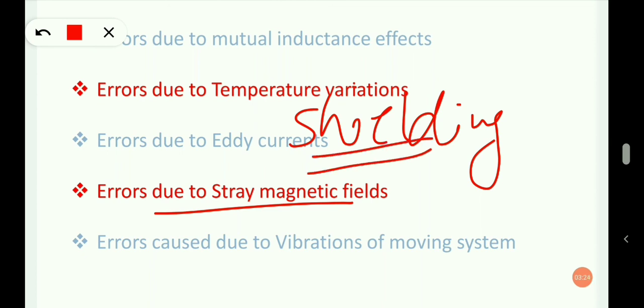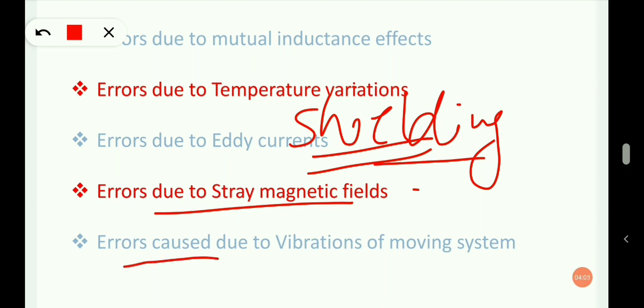Okay, these shields are made up of laminated iron in case of portable laboratory instruments, whereas for switchboard instruments, steel cases are used as shields. However, the permanent magnetism of the shield causes some DC and eddy current errors. Hence, precision type wattmeters do not incorporate shielding but use an astatic system for the purpose.